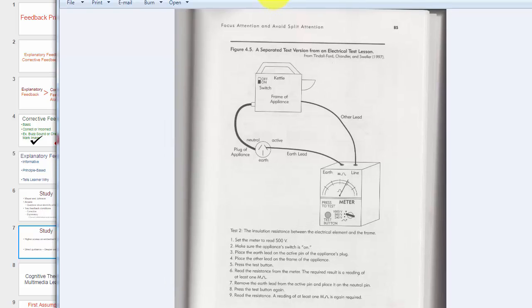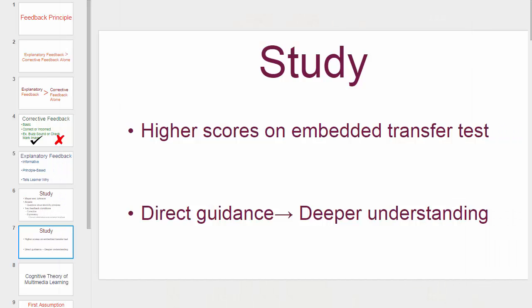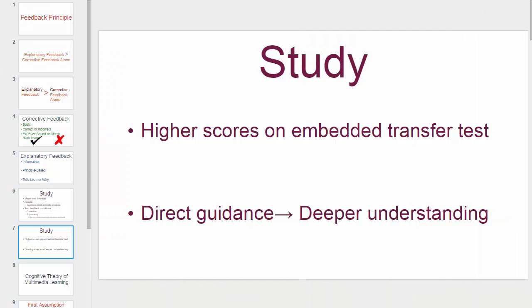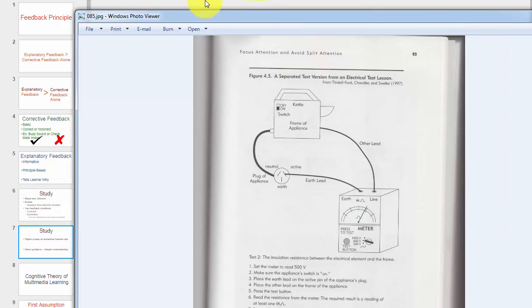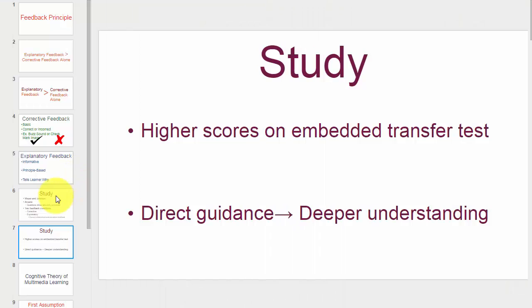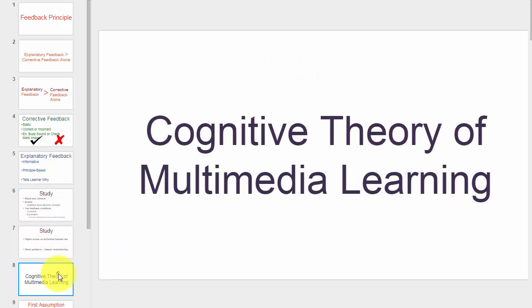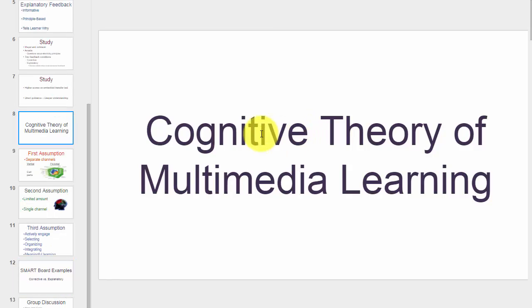But if you explain the design with visuals like this initially, the results could be just like this: higher scores on embedded transfer test, because they already know what embedded transfer test is visually, like this, and what direct guidance is through images. Right now, it's a little hard to visualize what they are. Even if you explain them verbally, thoroughly, still for some students, or for many students maybe, it could be a little confusing. So this is going to be a subtopic within your presentation, and using a transitional slide like this